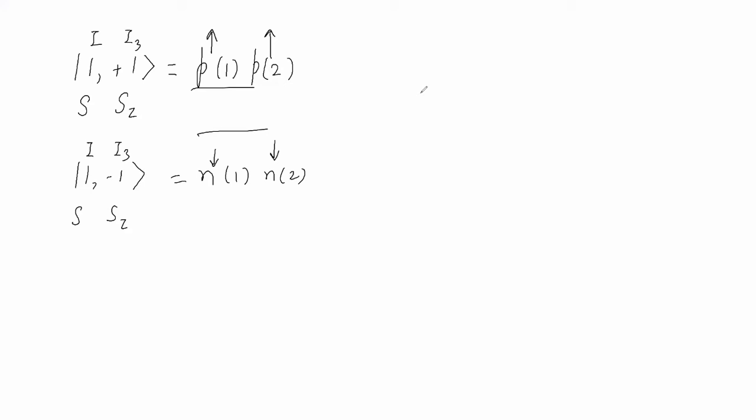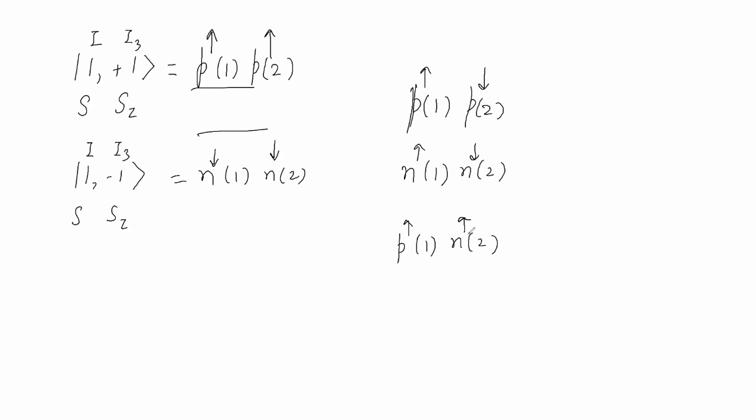Then I come to a system where I can have one spin up, another spin down. Similarly for N1 and N2. Then I talk about a system where proton is in state 1 and neutron is in state 2. And proton